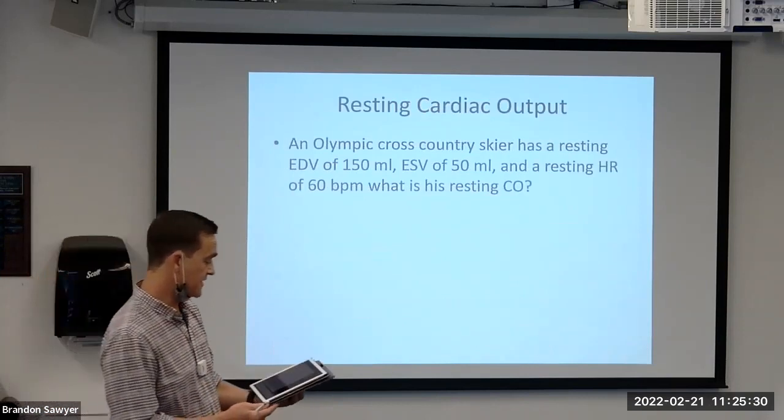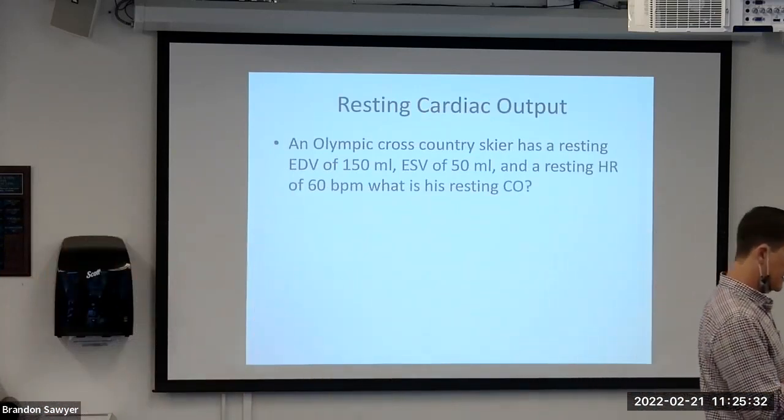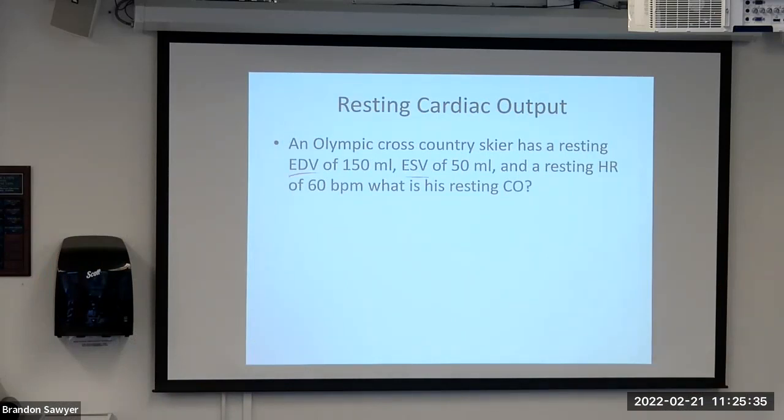All right, so this equation here, we got the end diastolic volume, we got end systolic volume, we got resting heart rate. So the equation for cardiac output is what? Stroke volume times heart rate, okay. We don't have stroke volume here, so we need the equation for stroke volume. What's that? Okay, EDV minus ESV. Okay, so we can calculate that one. So that's 150 minus 50. So we got 100 mils at rest for stroke volume. Okay, so we got 100 mils times the 60. Okay, so this gives us 6,000